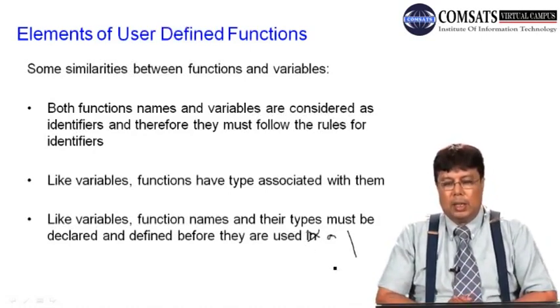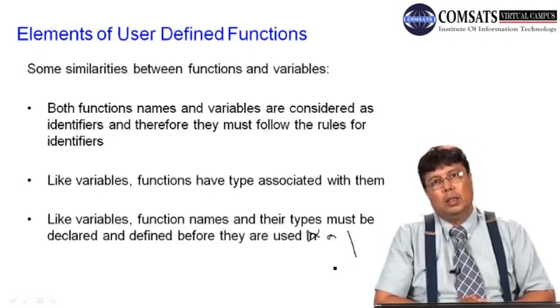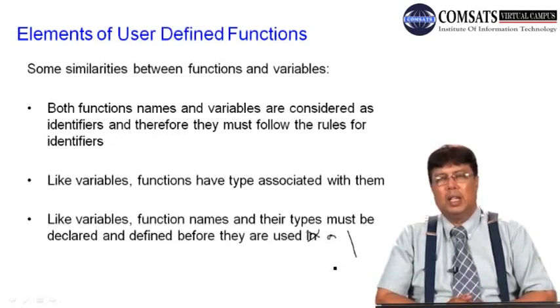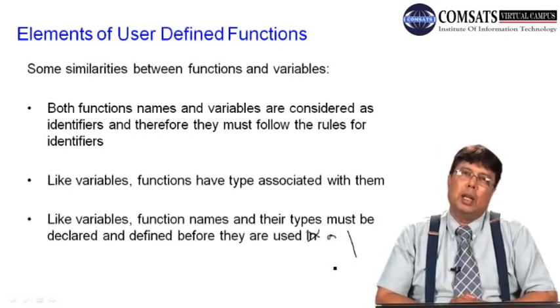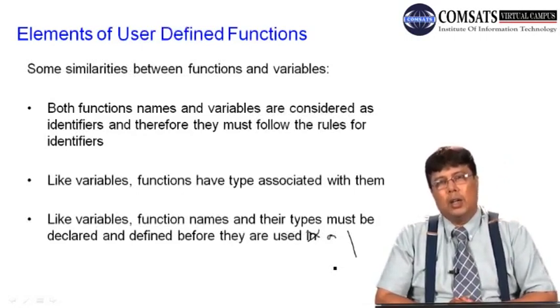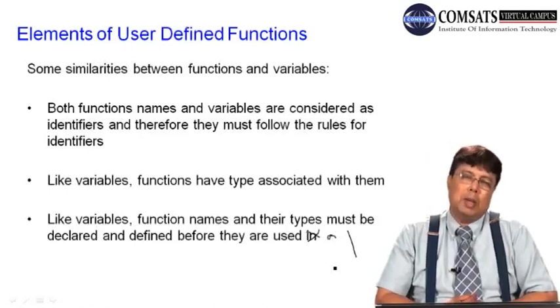Function names and their types must be declared and defined before they are used. जैसे वेरिएबल को आपको याद होगा डेमोन्स्ट्रेशन में I skipped one definition of num या शायद num2 when the system indicated an error that unidentified identifier या आइडेंटिफायर नॉट डिक्लेयर्ड, कोई इस किस्म का हमें एरर मैसेज आया था जिसमें कंपाइलर ने कहा था कि वेरिएबल नेम हैज़ नॉट बीन डिक्लेयर्ड।